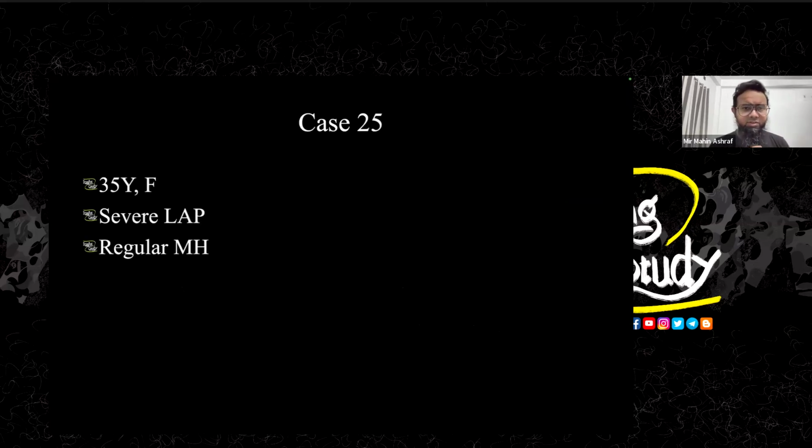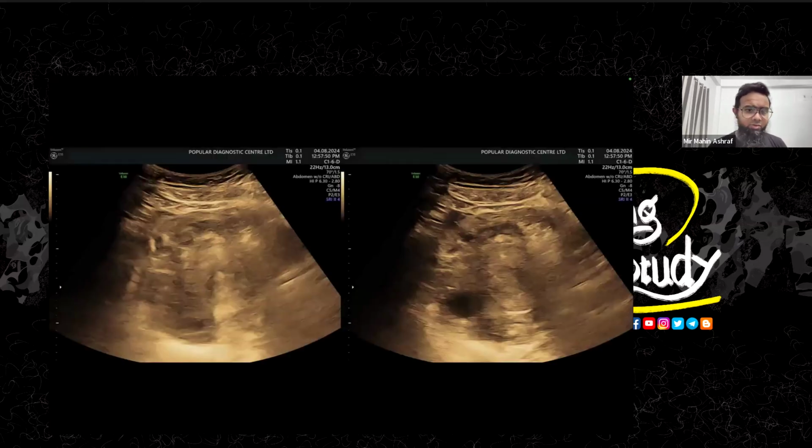So to this last case, this is a 35-year-old female patient with severe lower abdominal pain and regular menstrual history. So let's see what we have got on ultrasound. So here you can see the curvilinear transducer view. So the patient was sent for the lower abdominal ultrasound scan, but when we tried to scan the lower abdomen, the patient didn't have a good bladder preparation, but the patient was toxic,